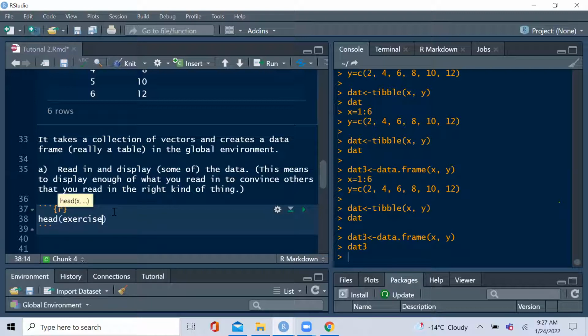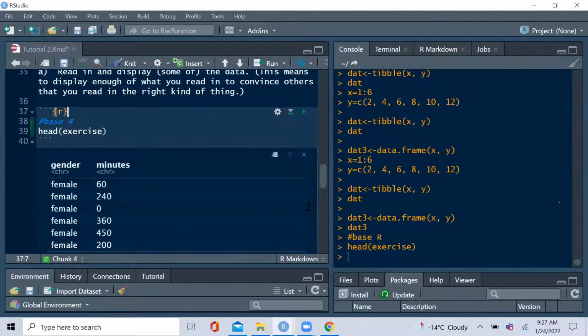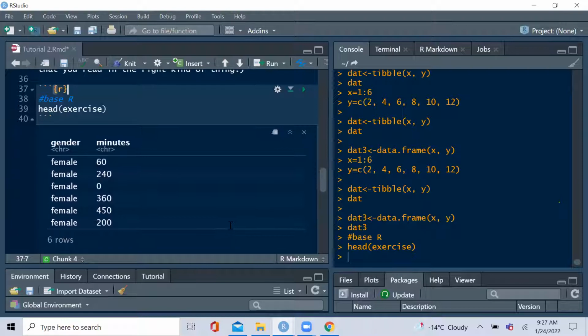So I'm just going to put this here and see if it's familiar for people. Is this familiar? Let me know if it is. You can see that it previews the first 6 observations, basically. So it previews the first 6 observations. However,